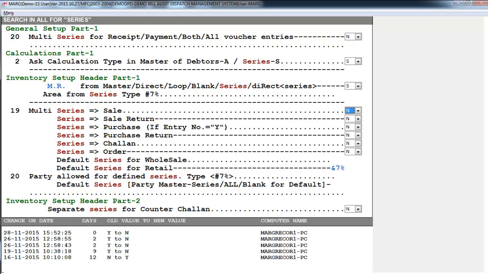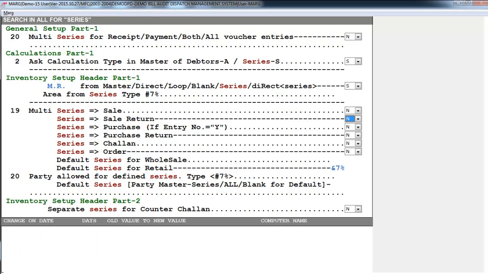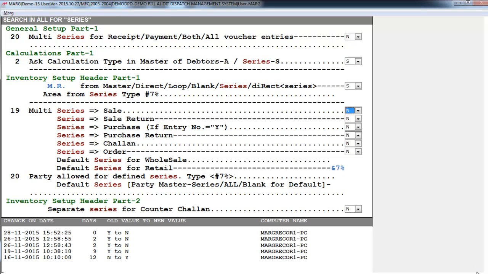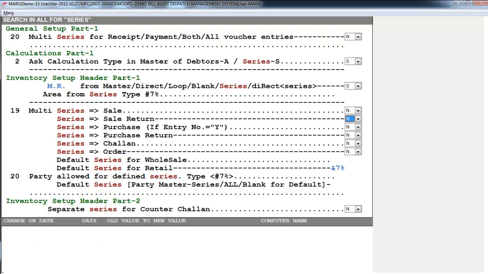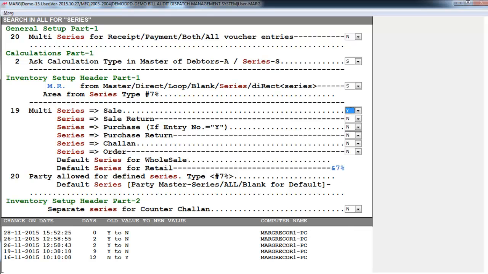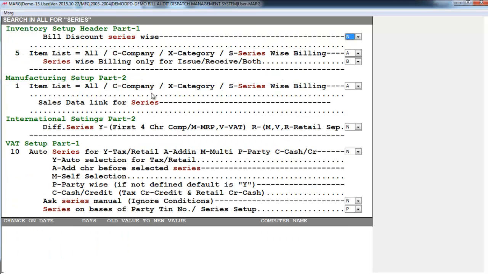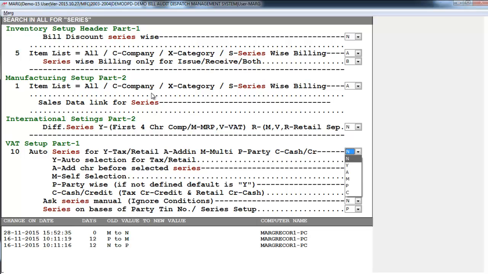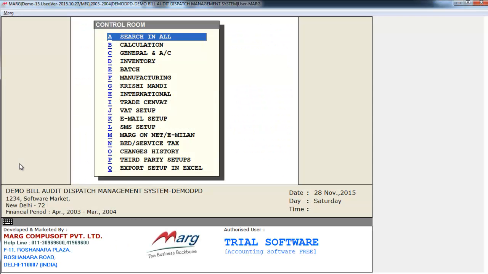Then from here you will select yes against those options where you want to set series, like for sale, sale return. And if I want to set multi-series for VAT or retail, I can select from here.